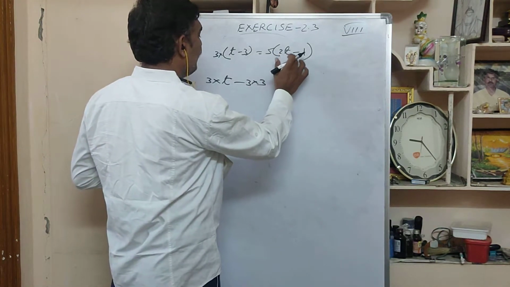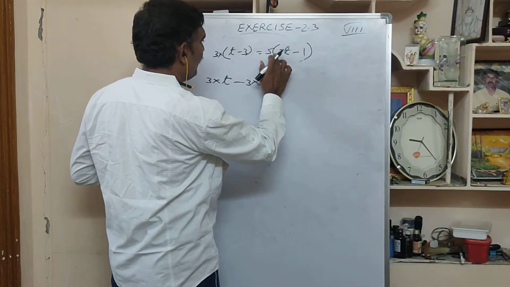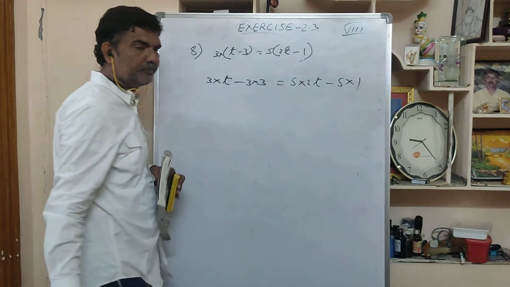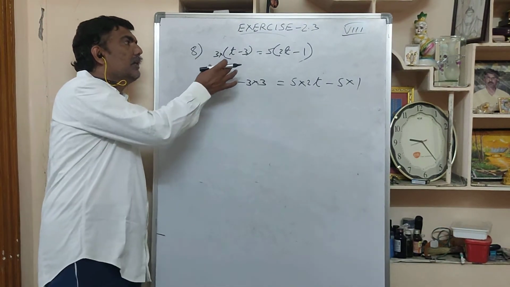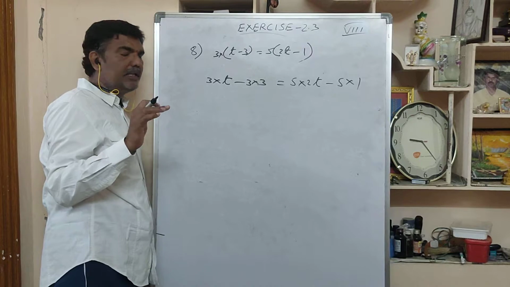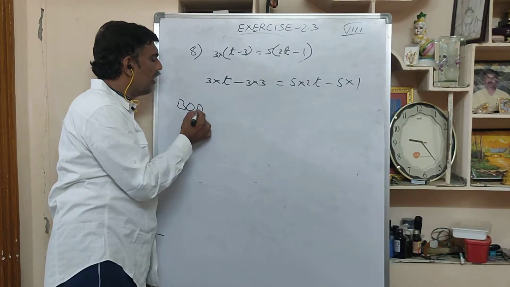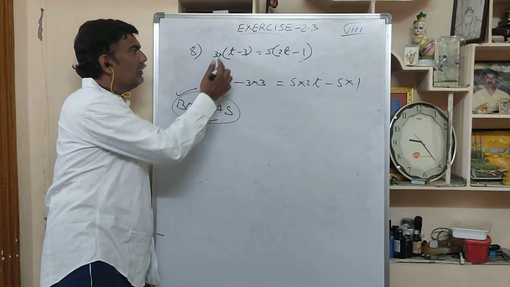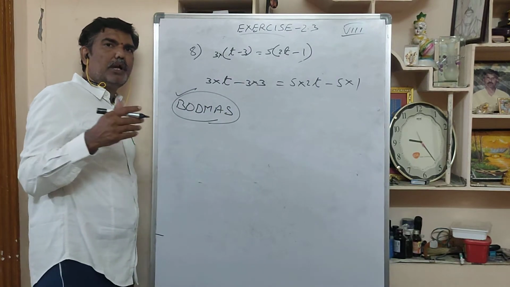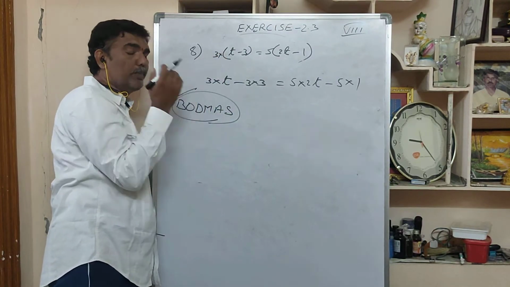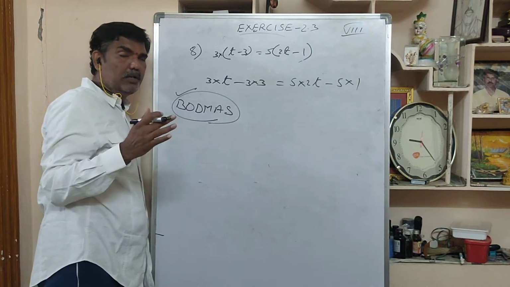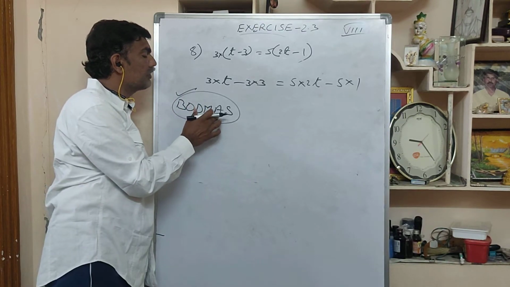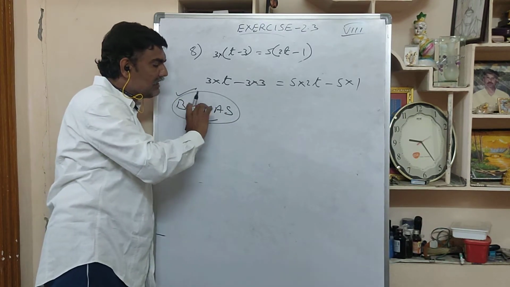Again A into B minus C. With 5 I have to multiply 2t and also 1. What do I have to write? 5 into 2t minus 5 into 1. Now what do you have to do? See, first you open the brackets. Here also you have to obey the BODMAS rule. The rule is nothing but first brackets. These are called braces. Okay, that you have to open. Means first you have to open the brackets, or inside the brackets, whatever you have, it should be simplified. O means of, which means into, D means division, M means multiplication, A means addition, S means subtraction. In this order only you have to do.